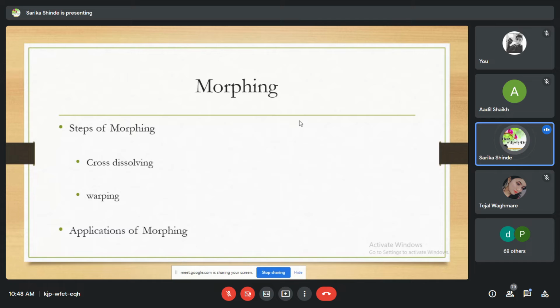Now we see overview of morphing. Now, what do you know about morphing? Changing something's shape to match a different thing. Yes, or